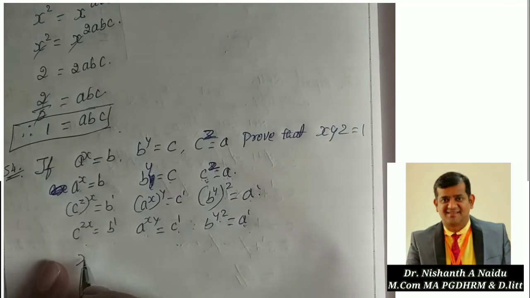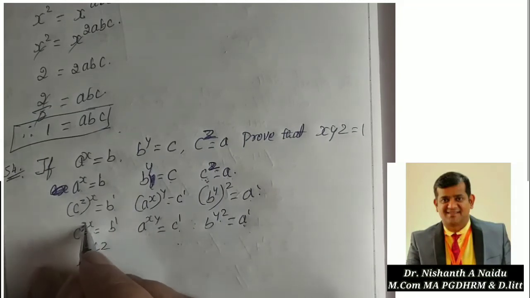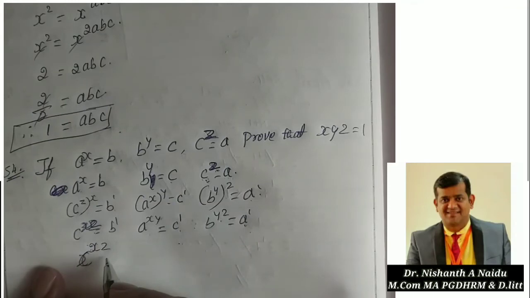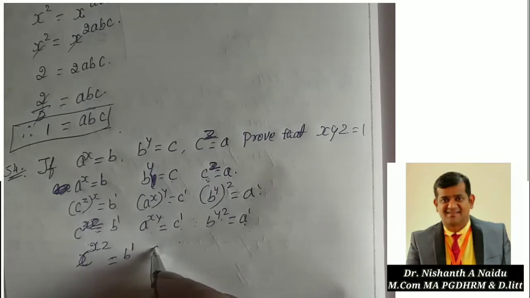So I am copying that, c to the power of zx, I am just interchanging it, xz, equals b dash, then